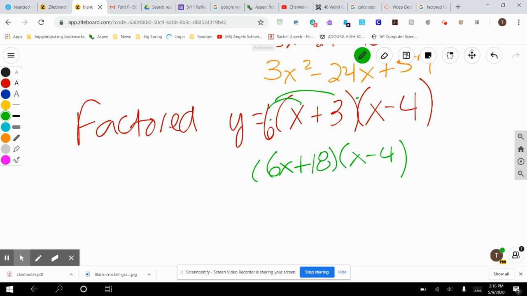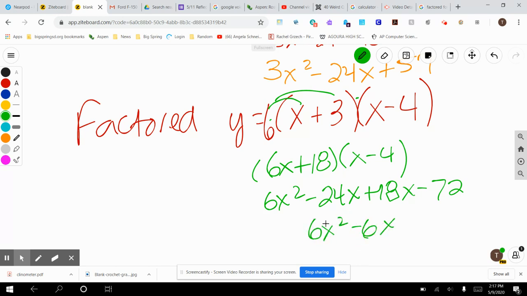Remember, FOIL, first, outer, inner, last. So 6x times x is 6x squared. 6x times negative 4 is negative 24x. 18 times x is 18x. And then 18 times negative 4 should be negative 72. So I combine like terms, and I get that. Okay, so if I wanted to find the vertex now, I do the negative b over 2a, all of that stuff,